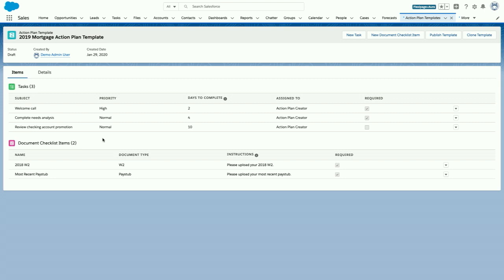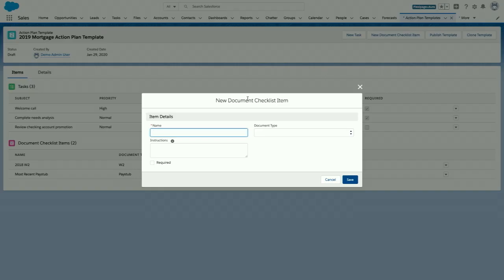Let's say I want to add a new document checklist item to this template. Now, with Spring 20, I'm able to select a new document checklist item. And I want to be able to have our loan officers collect a gift letter if it's relevant in the process. So I'm going to go in and create a new item for a gift letter,